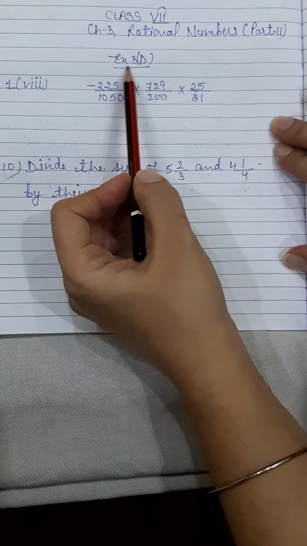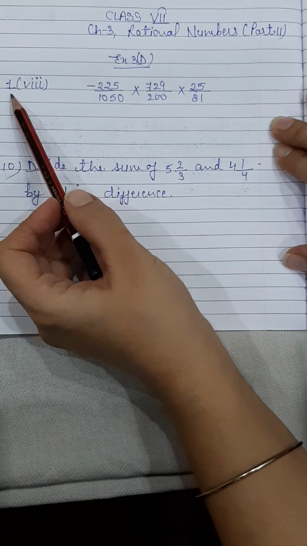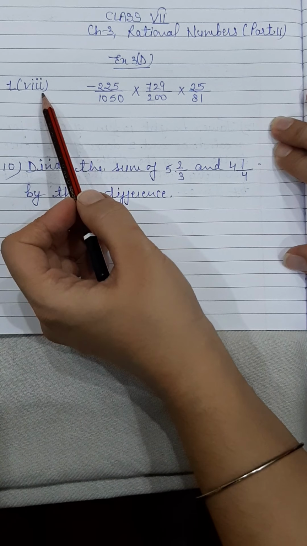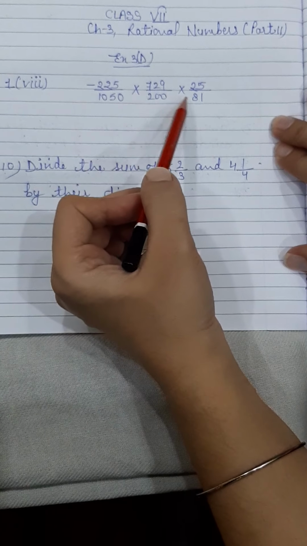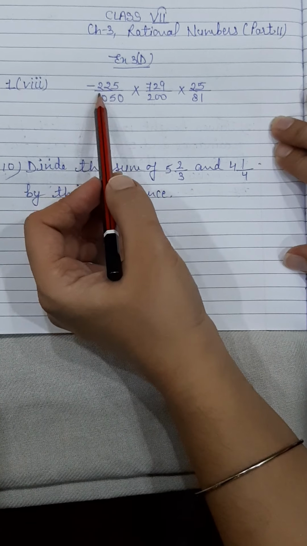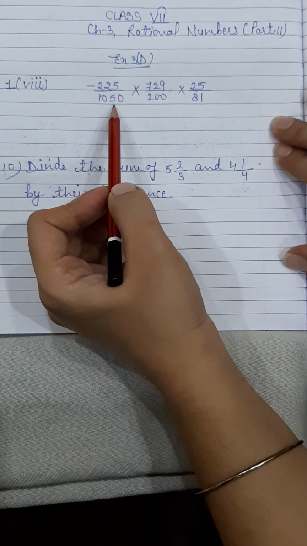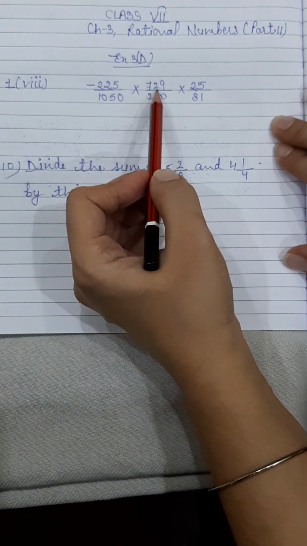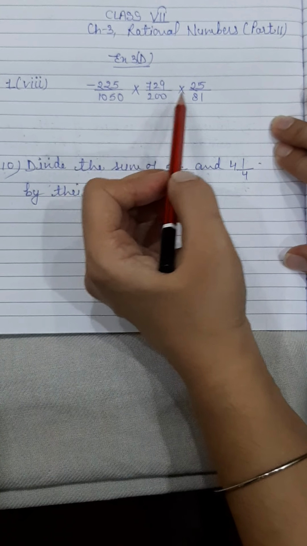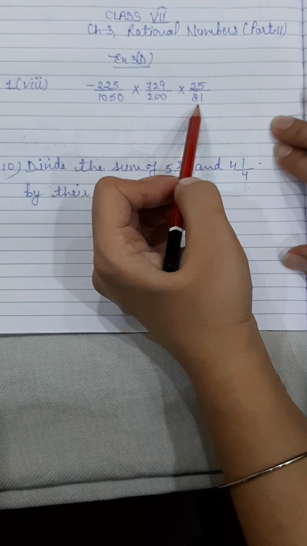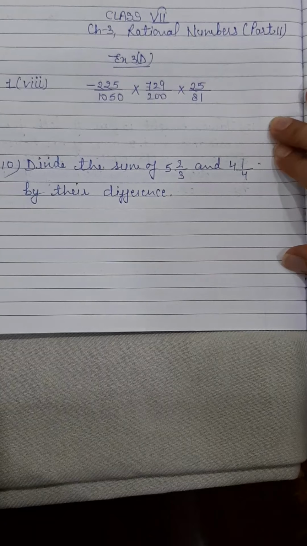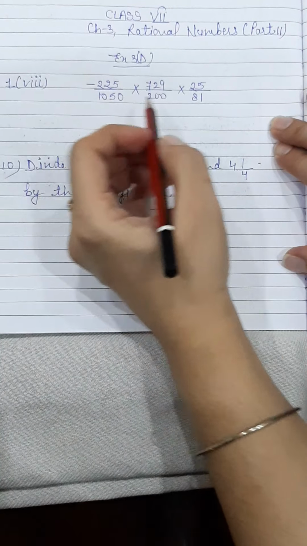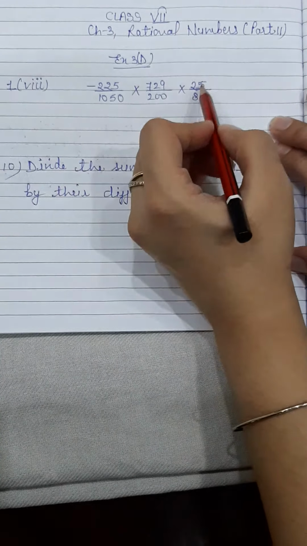Now start exercise 3D. I'm starting with sum number 1, 8th part. In that case you have to multiply these three rational numbers: minus 225 by 1050 into 729 by 200 into 25 by 81. First you have to check numerators and denominators. Can you cancel out? Yes. So here 25,